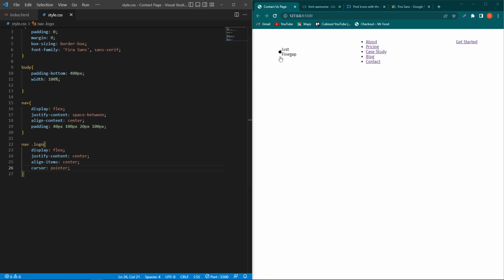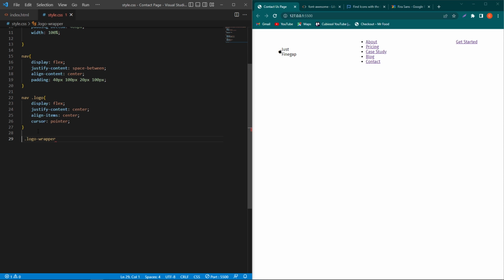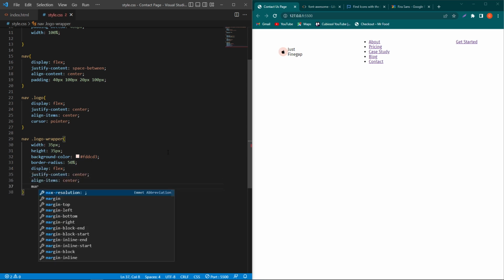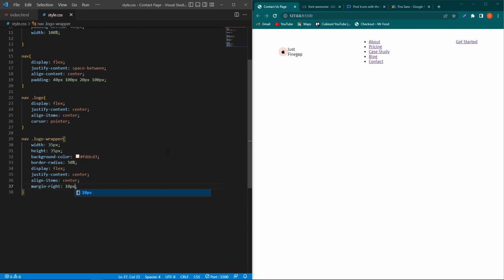So now our cursor will look like this on hover, and this icon and this text have moved in the same line. Next, copy this logo wrapper class, paste here, and before this type here a nav element, width 35 pixel, height 35 pixel, background color, type this color code, and border radius 50%. To align this icon in the center position of its container, type here display flex, justify content center, and align item center. And next type here margin right 10 pixel to create a space between this brand name and this